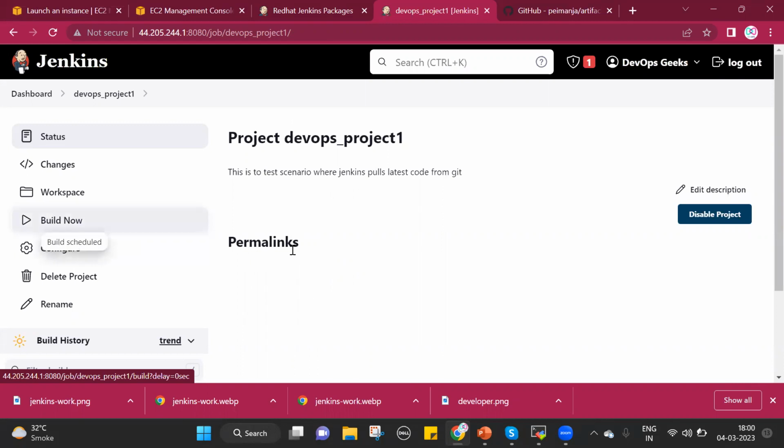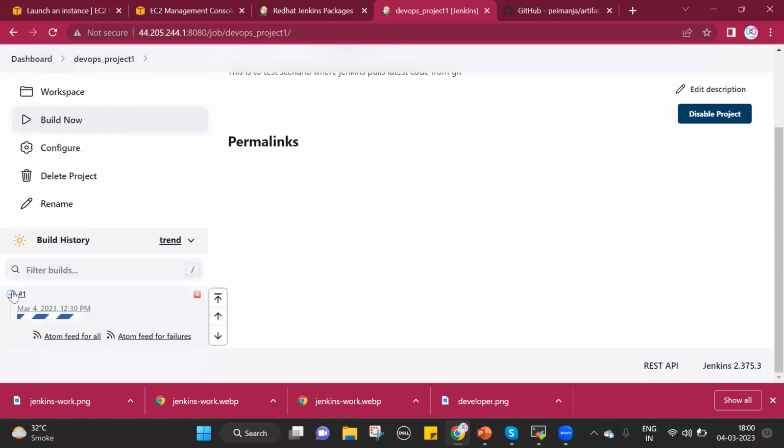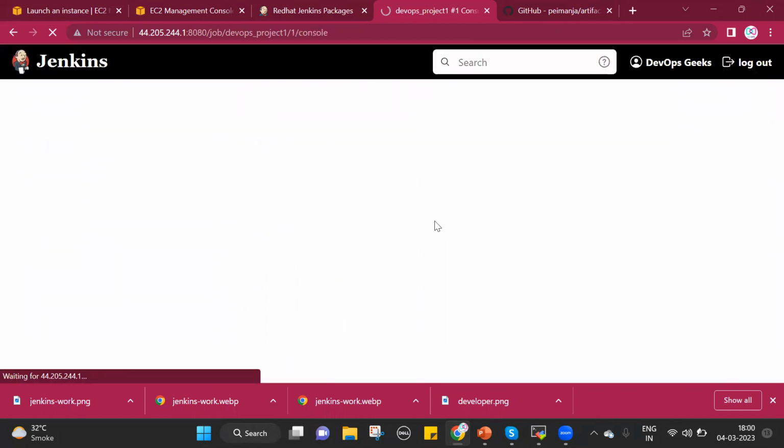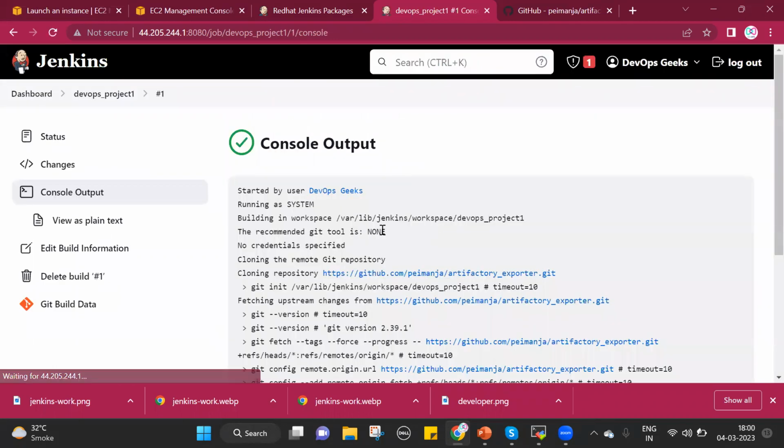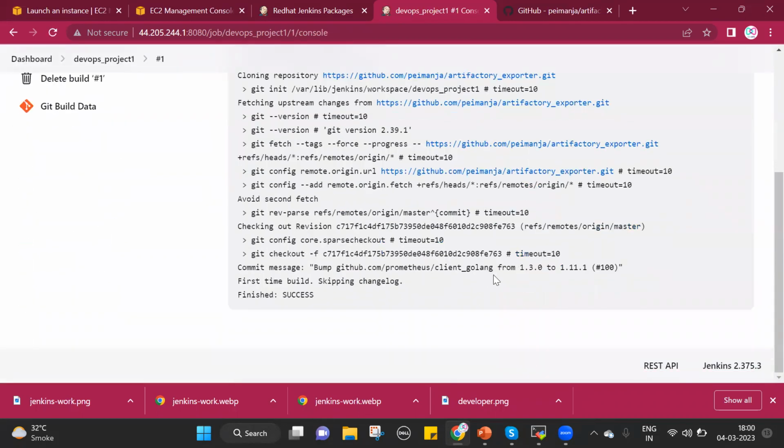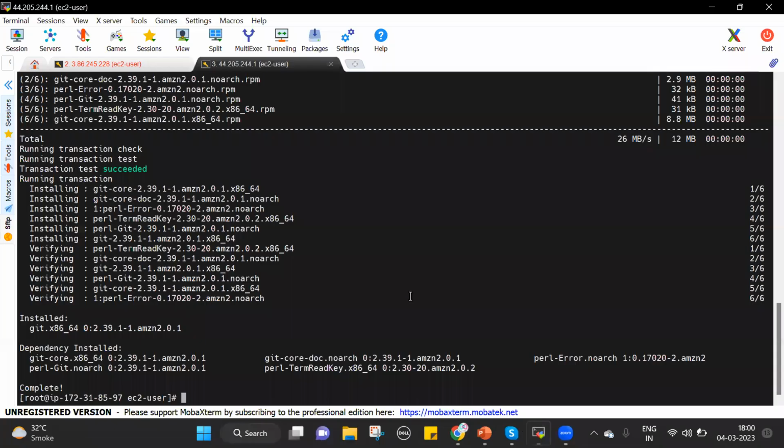If I click on Build Now, you can see it is trying to build. Build Now is nothing but it will try to pull that code. You can see it is trying to pull that code here. If you want to see this code, I will show you where the code is going on our server. If you come back to the server and go to var lib